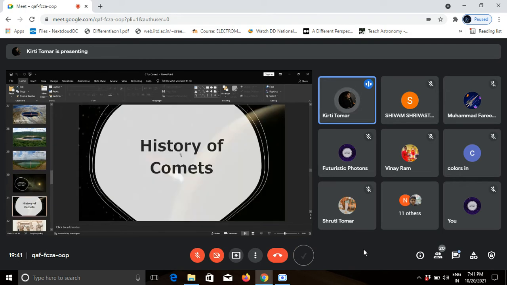So let's talk about the history of comets. When we talk about comets, no one asks about their history. So let's understand what its history is. It had a really bright history. In antiquity, comets inspired both awe and alarm. Hairy stars, resembling swords, appeared unpredictably in the sky. Often, comets seemed to be omens of doom in the past.